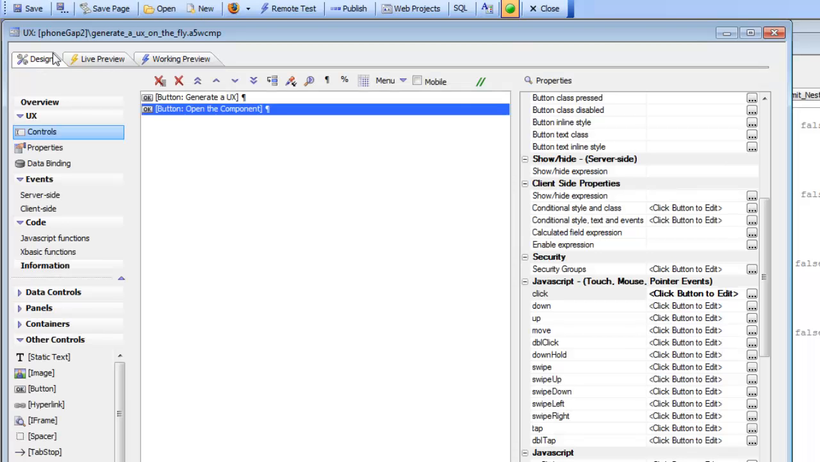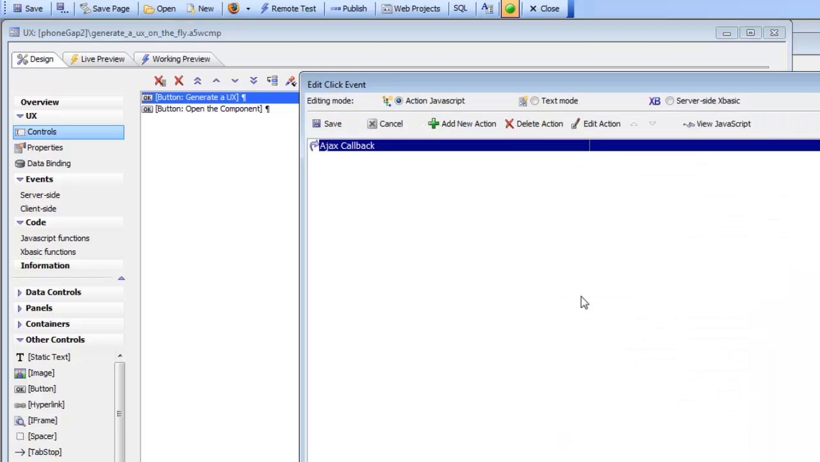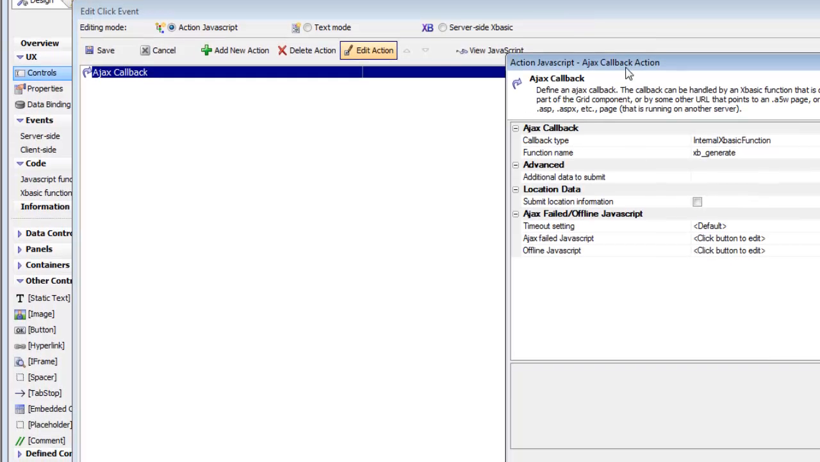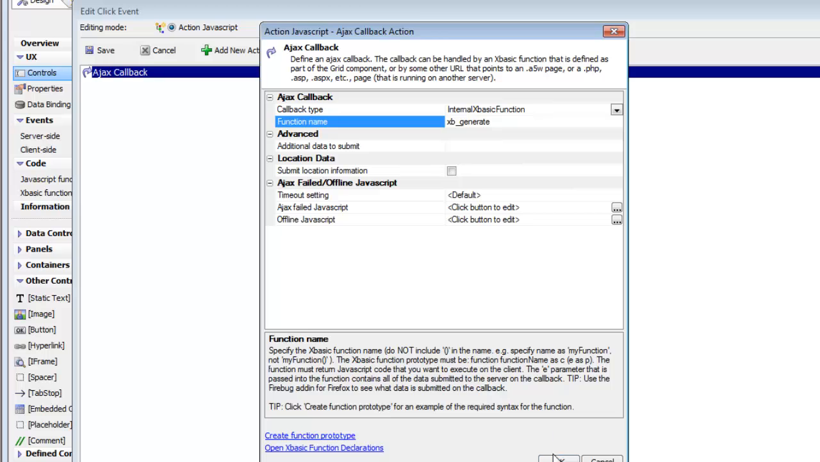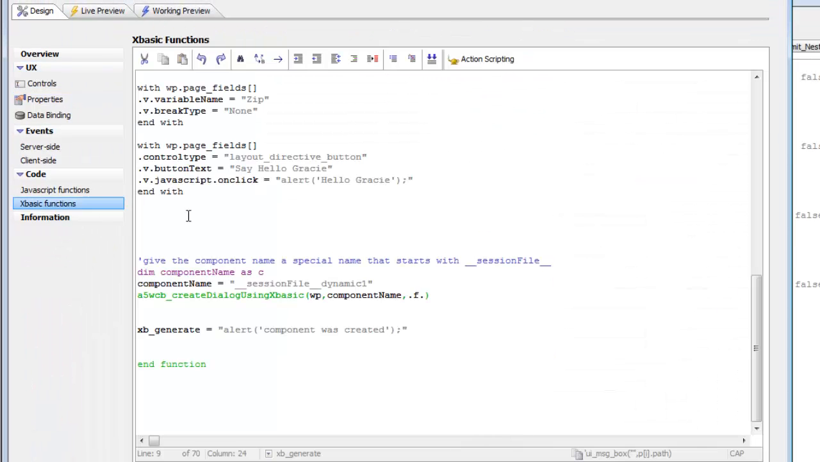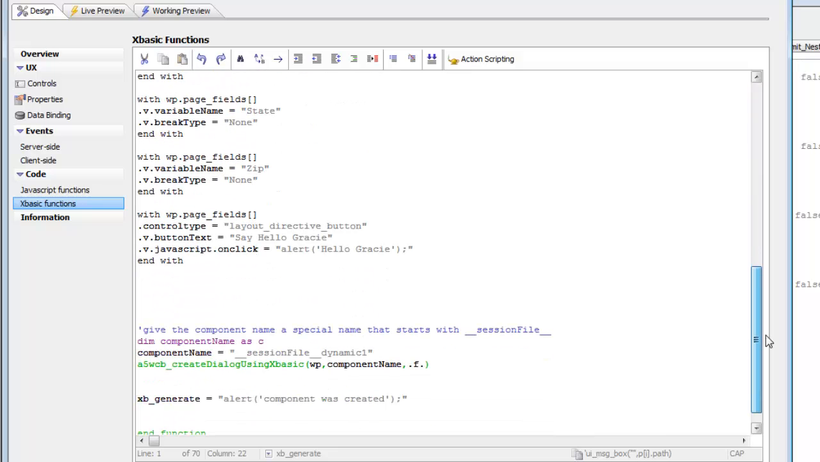So let's go back to design mode now, and first we'll go to this button that does generate UX, and we can see that this is just a standard AJAX callback that is calling a function called XB_generate. If we go look now at the XB_generate function, we can see that the function is defined over here, and what this function does is call a helper function in XBasic called create dialog using XBasic, and this function generates